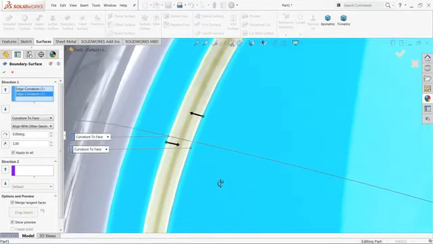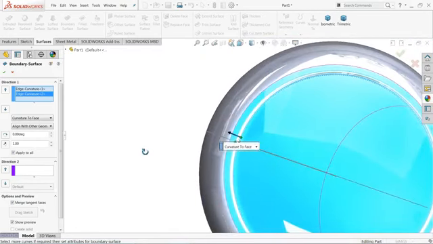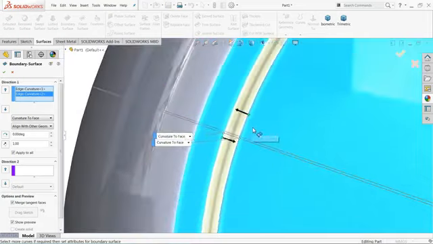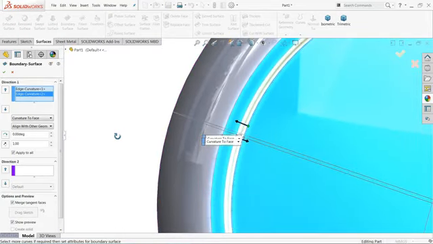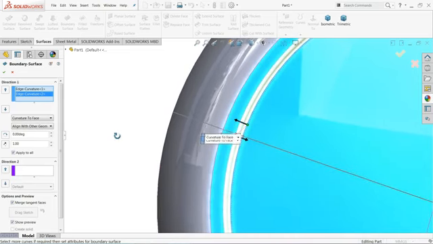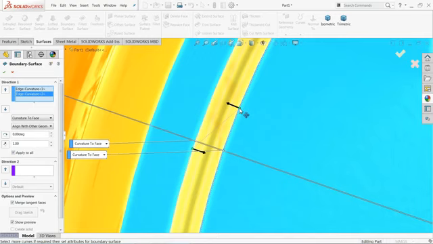Now only see, first create one line. Okay, this is almost in line. Now try to shift this one. Now this one also try to shift.